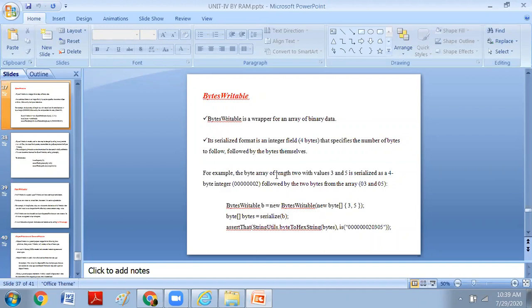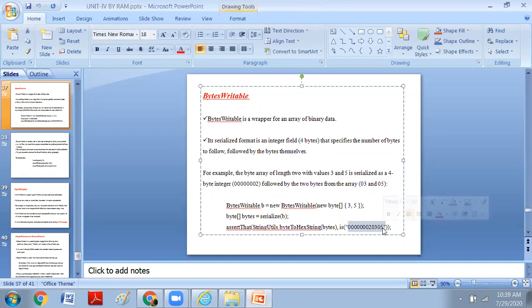That 4-byte integer field will be followed by the actual values. Like this, whenever we want to store 3, 5, it will be stored in this format. This is the main point about BytesWritable. This is today's concept, the BytesWritable class of Hadoop.